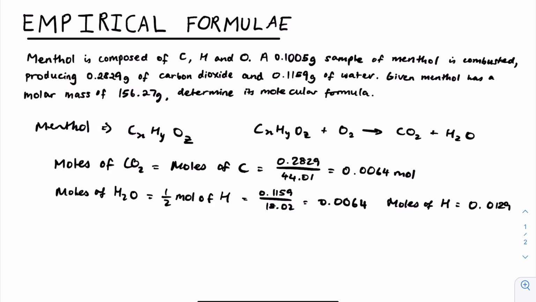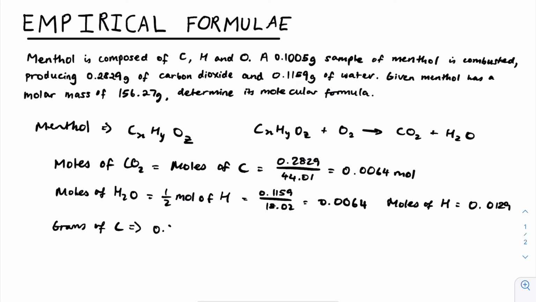Now we can move on to the oxygen. So what we need to do is first figure out the mass of the carbon and hydrogen present in the products, because unfortunately oxygen is present in both these molecules. So if we figure out the mass of the carbon and the hydrogen, we can figure out the moles of the oxygen, since we know how much menthol was used. So the grams of carbon